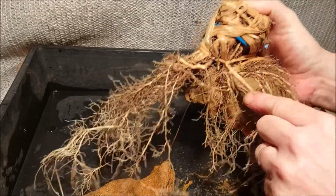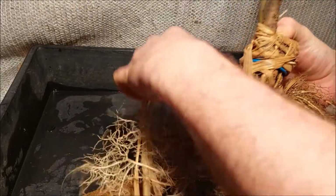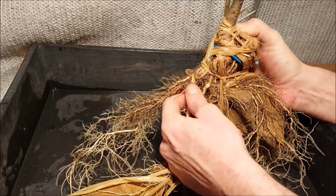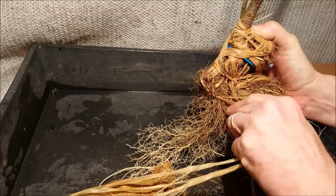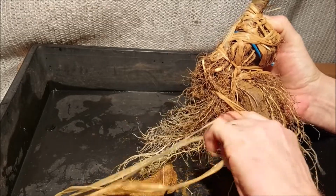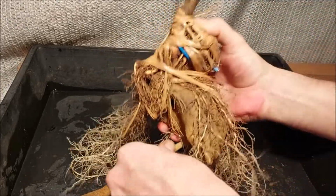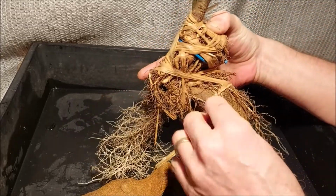So this root has to come against this part of the rock. So I'm going to use this raffia to do that. If it snaps, it snaps. Cannot even bend it, but this way I think I'm getting somewhere. And I'm going to block some of these roots here. Okay. And now maybe I can already put some